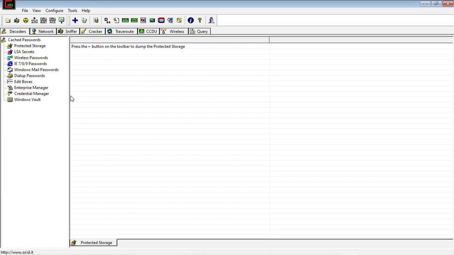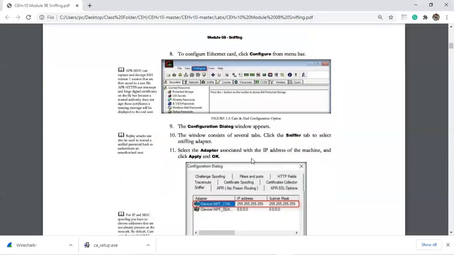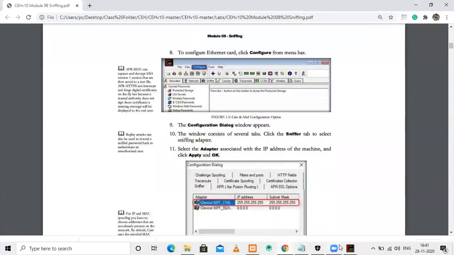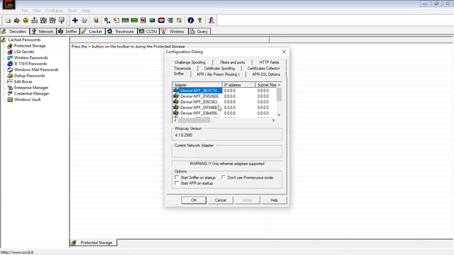Generally, websites that don't have an SSL certificate, those that work on HTTP rather than HTTPS, can be scanned using this software, and whatever data is being transmitted over the network, you can find out here. Let us go back to our module. Now the first thing is to configure your software. To configure it, click here and you will see lots of adapters. You need to select the adapter you currently have, so that you can proceed with the network scanning.